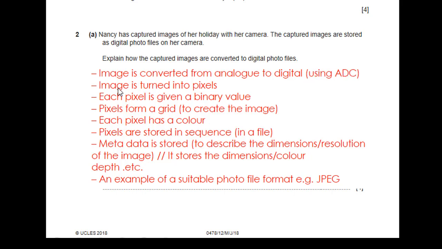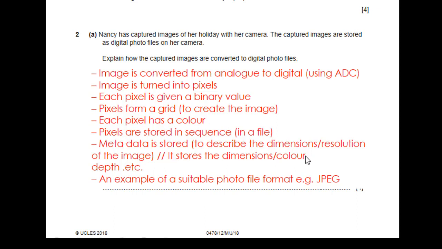So this is done by turning the image into pixels. Each pixel is given a binary value. You could also mention that these pixels form a grid that create the image, and that this binary value represents the pixel color. Again, you could combine this talking about a grid with talking about how they are stored in a sequence in a file. You could mention the metadata, which we spoke about, which controls things such as the dimension, the resolution of the image,